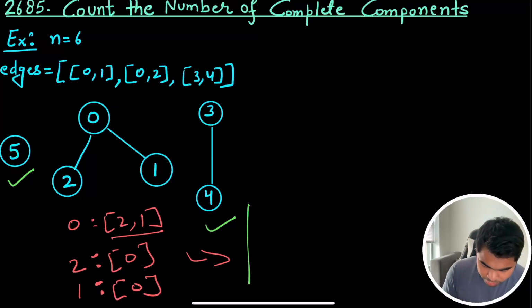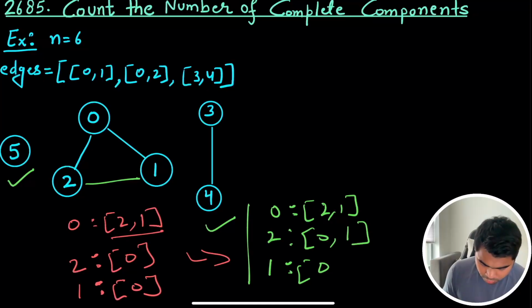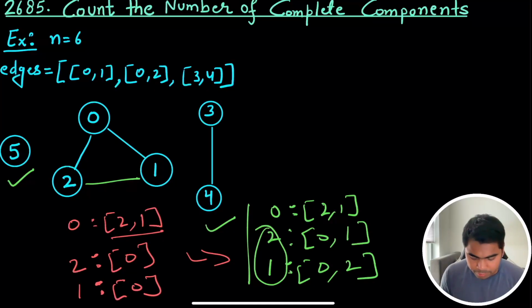Previously our graph would have been 0 is connected to 2 and 1, 2 is connected to, if this edge was present, so 2 was connected to 0 and 1, and 1 was connected to 0 and 2. So earlier in the neighbors list of 2 and 1, we had 2 values, and even for